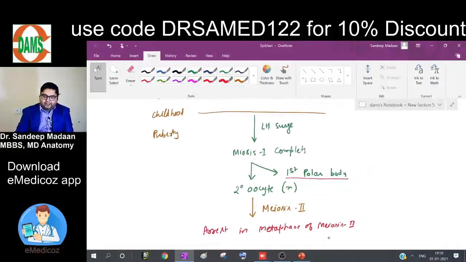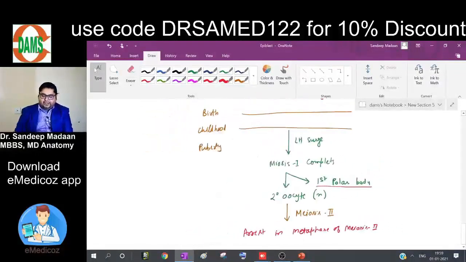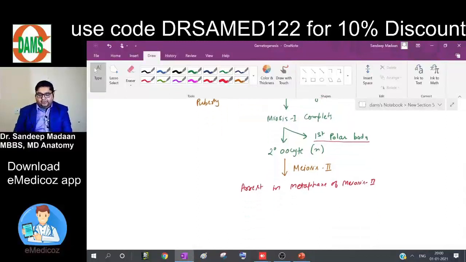You understand? So basically there is a second arrest now. And if you look at the arrest stages, first arrest takes place in the first meiosis, in the first phase, that is prophase. Okay. So first arrest, first meiosis, first phase. Second arrest, second meiosis, second phase. So second arrest takes place in the metaphase of meiosis 2. Is that okay? Yes. Now what is the fate of the secondary oocyte, which is again in the stage of arrest? This arrest will be broken, or you can say meiosis 2 completes